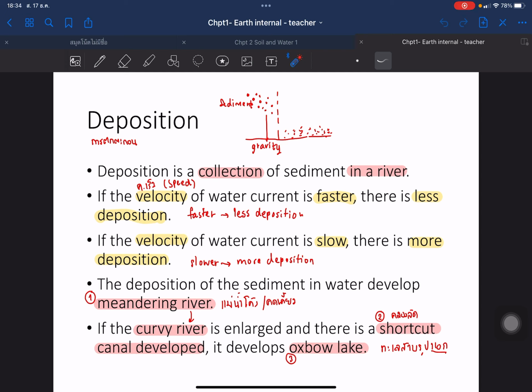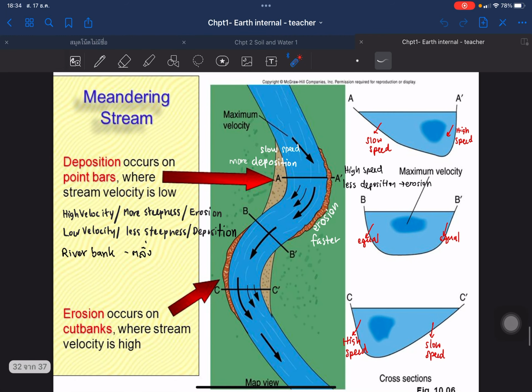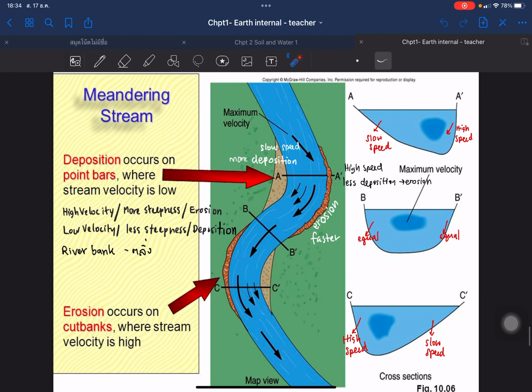In case of the meandering river here, we also see another type of the changes of the surface area, like a shortcut canal or even the oxbow lake. As in this diagram here, you can see the meandering river. In the area A here, you have a cut like this. Okay, the area here with high speed of the water, you will be prone to have erosion. But the area here we have the slower speed of the water, you can have a lot of the